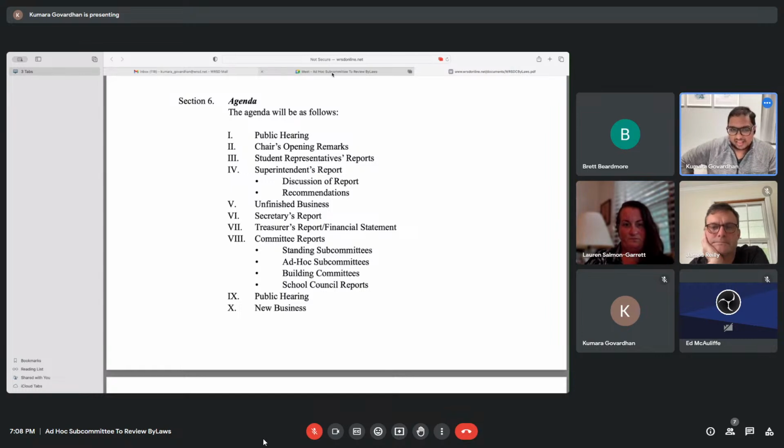So with subcommittee report outs, this is the one I rack my head around because then it also goes into building committees. That's for when we were building Mount View.